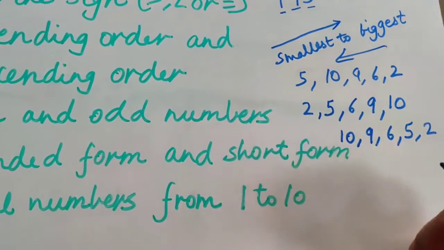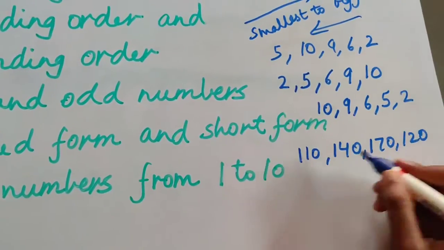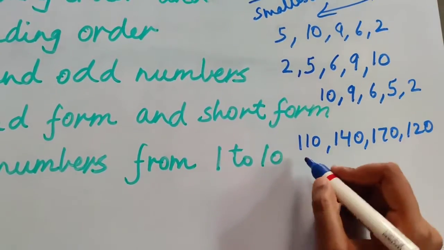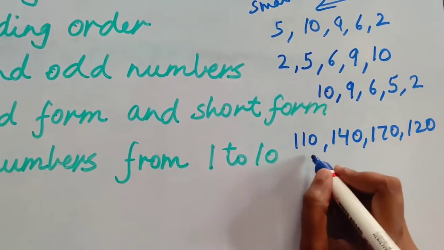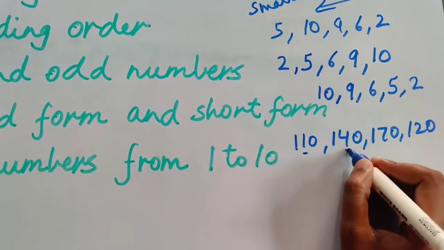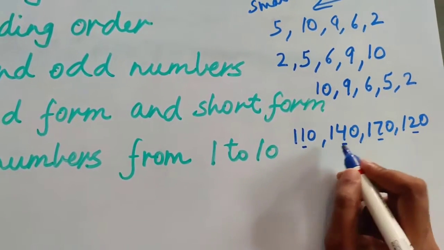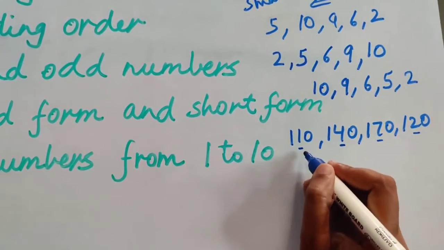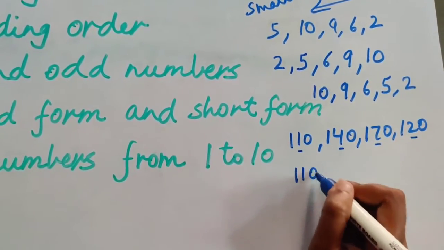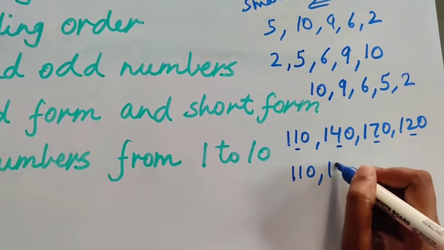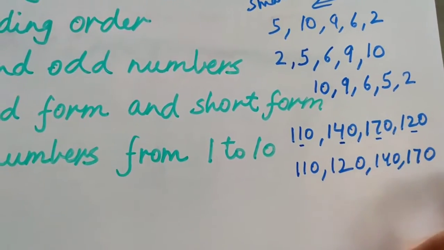So just like this we can do in 3-digit numbers also, right? See another example, numbers are given here: 110, 140, 170, 120. So first of all we will take which number? We have to see the tens place value, because all hundreds place values are the same, है ना, सब में 100 है ना. तो हम क्या देखते हैं, we have to see the second, that is tens place value. So see which is the smallest one, 1. So we will write here 110, right? Then 120, then 140, and then 170, right children?